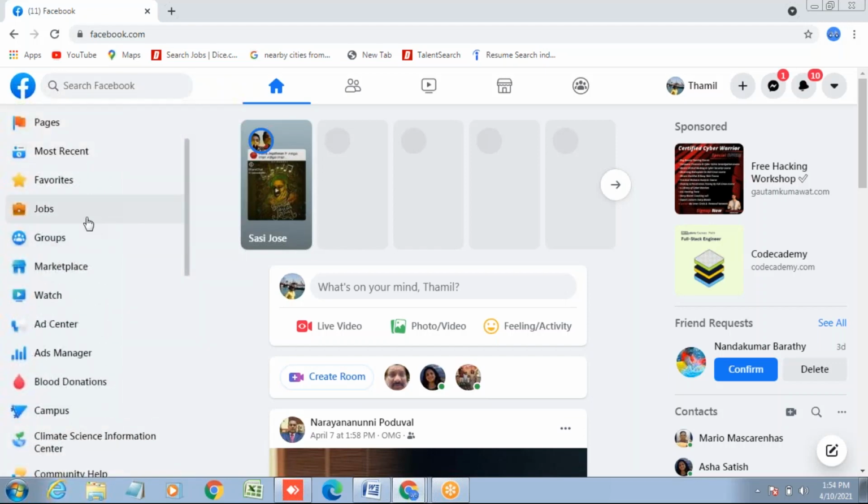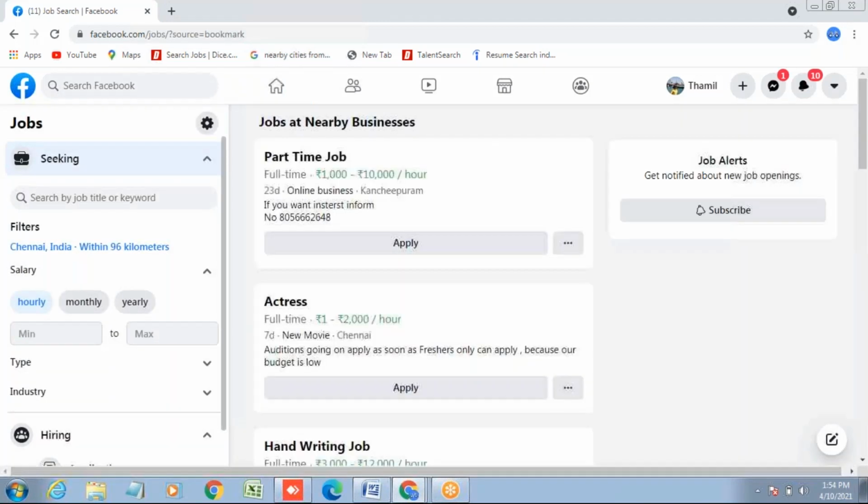Okay, only you see jobs in groups, right? Yeah, click that job. So here on the right hand side, can you see that plus icon? Click that one.